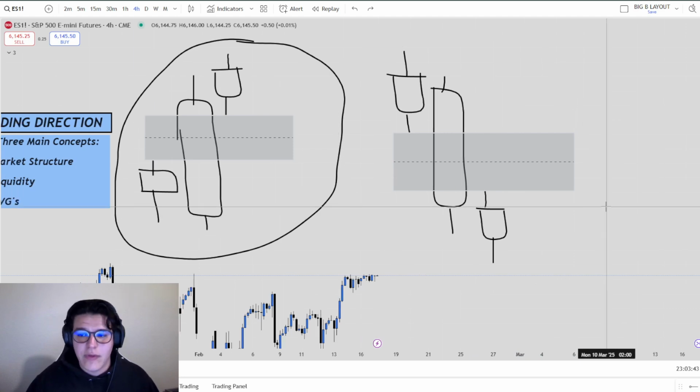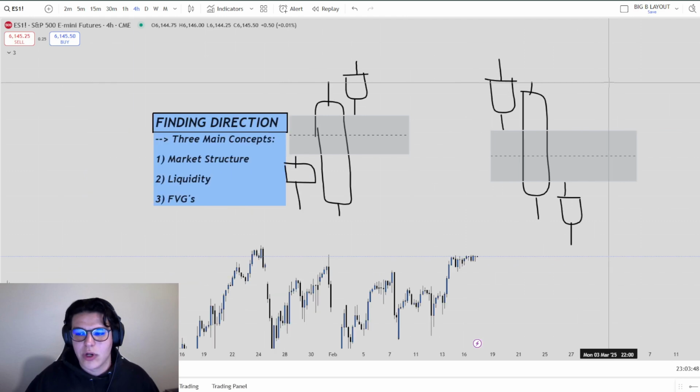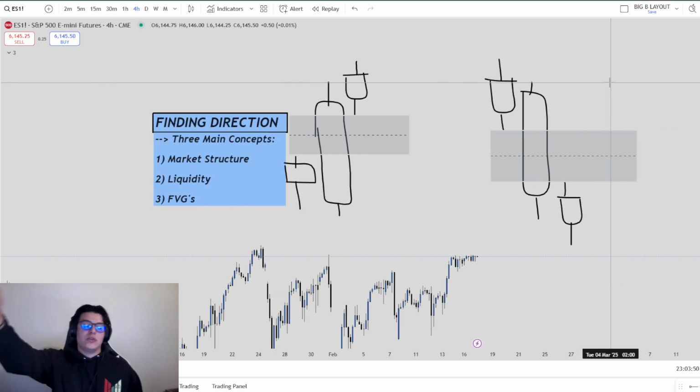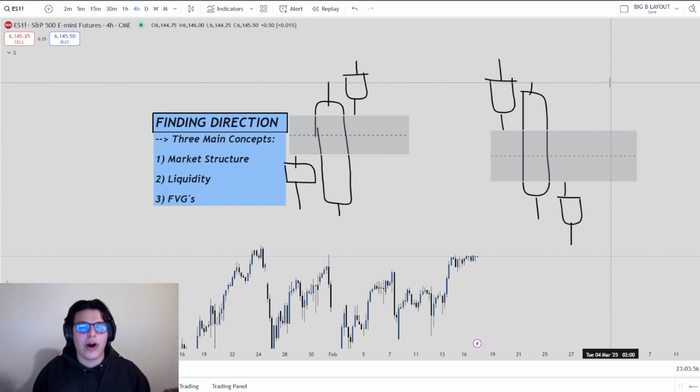That is all a fair value gap is. So essentially, it's an area of retracement that we're going to be looking for price action to pull back into before continuing in that underlying direction. Now we've gone over all of the three core concepts that we're going to be utilizing to find direction more